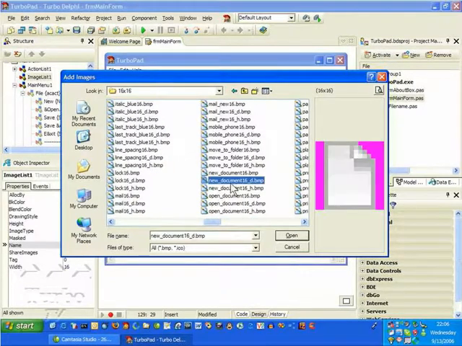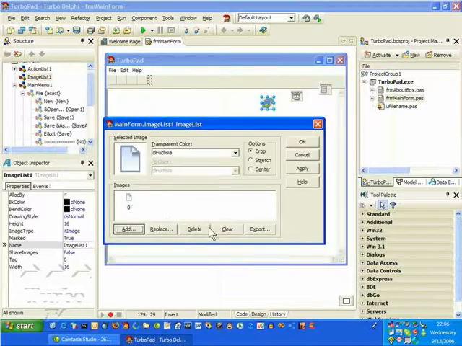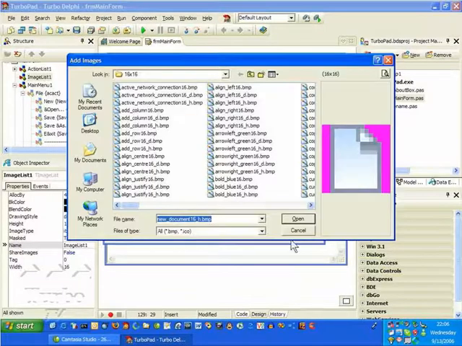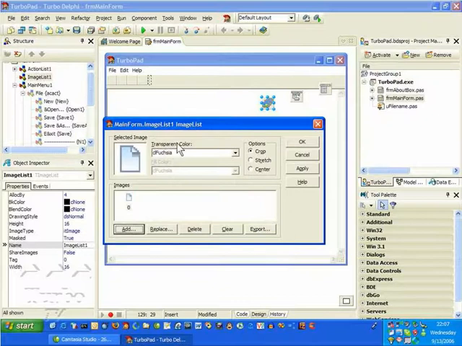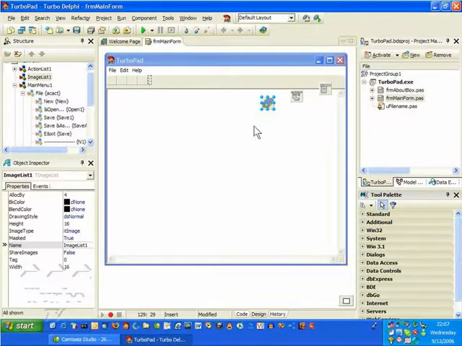Which one do we like better? We'll go with the darker one here, the H version. And we'll put that in there as the item. The transparent background color is fuchsia. We noticed when we previewed it that the background was the fuchsia color, but since it selects the transparent color as fuchsia, it provides a transparent background. So we'll go ahead and add that into our image list, and you'll notice that it's at index 0, and that's going to be our File New